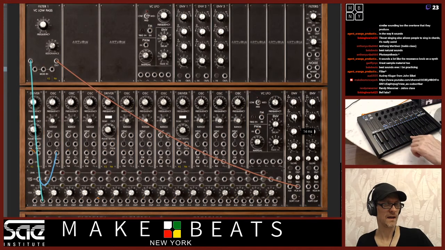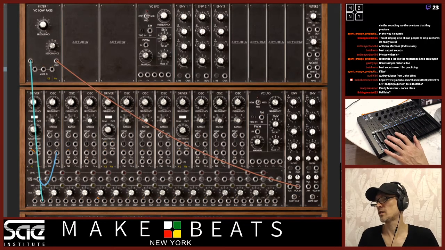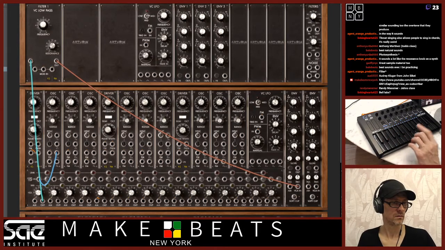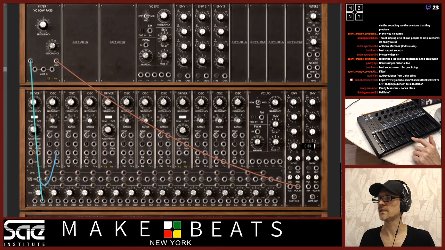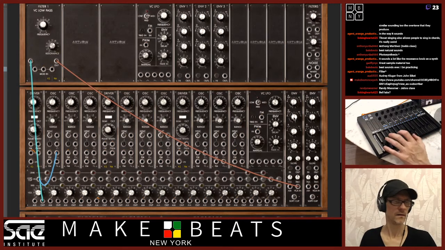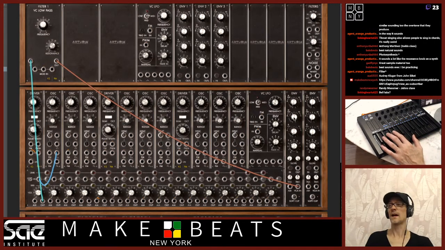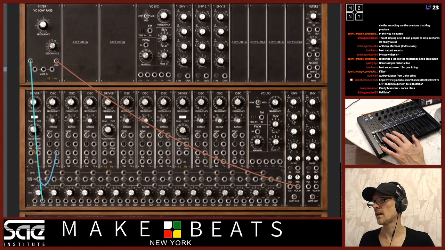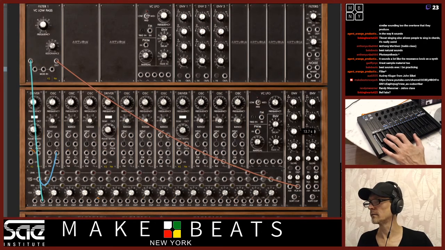Even if you look at my hand, it's just triggering it. But if I hold it down, once I turn the sustain up, you can hear me adjusting the level. So if I wanted to make a pluck sound or something like that, I can turn my sustain all the way down and put my decay and my release at the same position. Or well, actually.